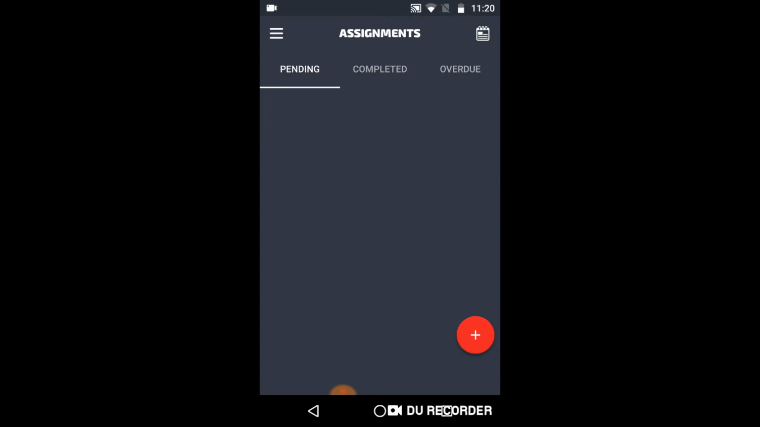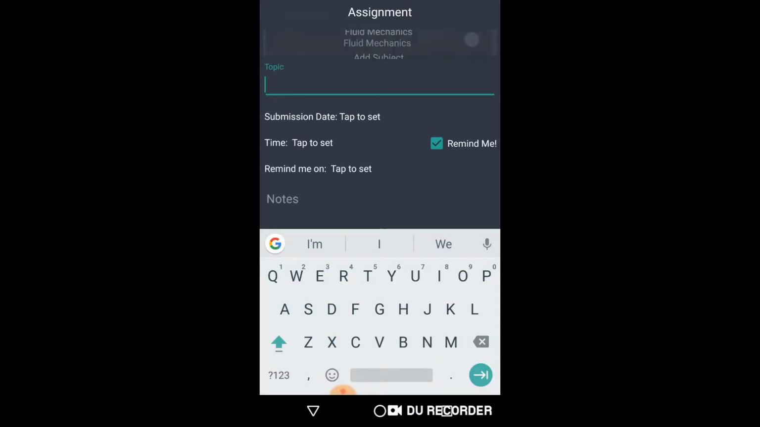So you're going to find 3 tabs over here: pending, completed, and overdue. All your pending tasks will come on this tab, your completed tasks would come in this tab, and your overdue tasks will come in this tab. So let's start off by creating an assignment. So it's for the subject fluid mechanics over here, and let's give it